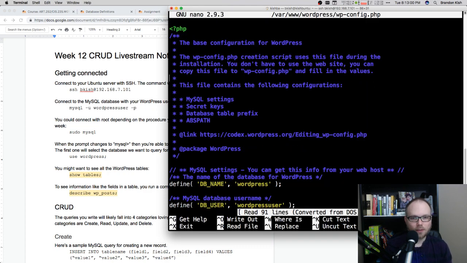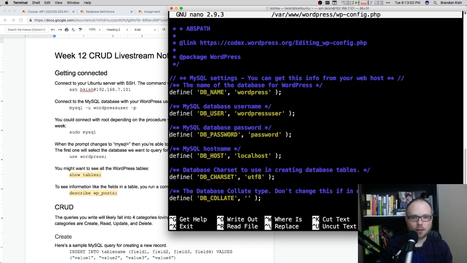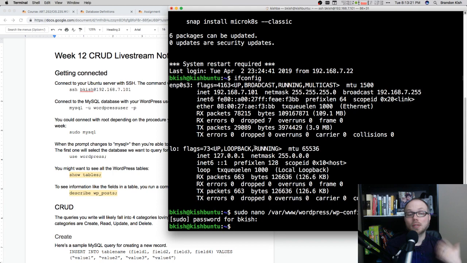When I was in this file, it's these yellow values here where the name of the database was WordPress, the name of the database user was wordpressuser. I had forgotten that. And then the password that we had used, because this was being recorded and put on the internet, was just password. I couldn't remember for the life of me what the password was, and I kind of laughed at myself when I realized that I just left it at password. So that's what we need right now.